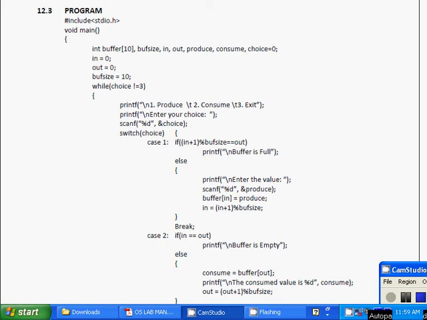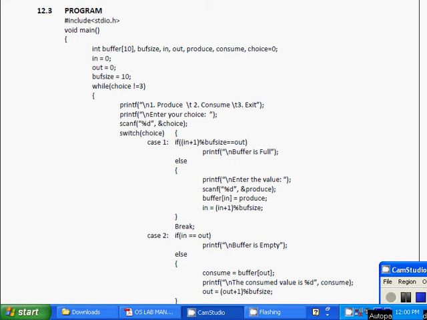The producer-consumer problem can be stated as this. Suppose we have a buffer of fixed size. A producer can produce an item and place it in the buffer. A consumer can pick items and consume them. We need to ensure that when a producer is placing an item in the buffer, at the same time, the consumer should not consume any item. In this problem, the buffer is the critical section.